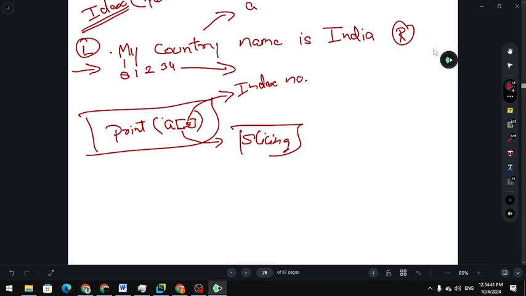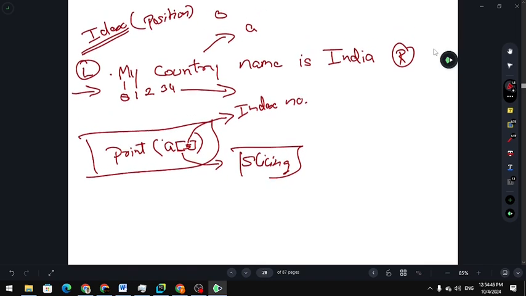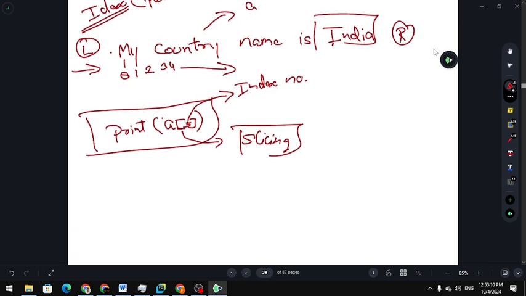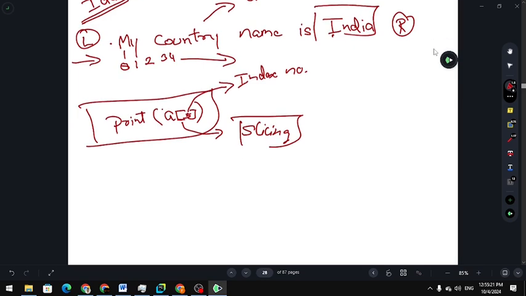So do you think we are going to count this many numbers? Yes, it is possible, we can count, because the number of characters present in this statement is very low. But what if there are 100 words, and you want to extract this I, and you know that India is the last word of that passage? How can you extract it? That time, we will just count the number of characters present in this word INDIA, which is equal to 5. So we will be passing minus 5.